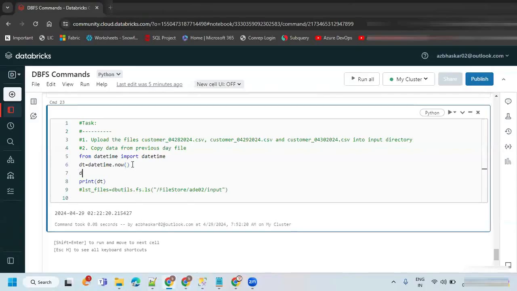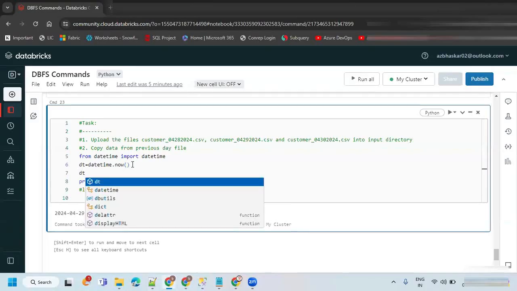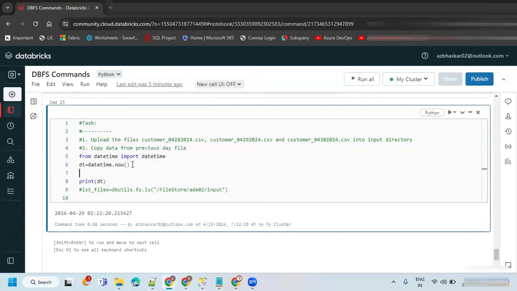Let's say dt underscore, we can say file underscore dt format equals to.